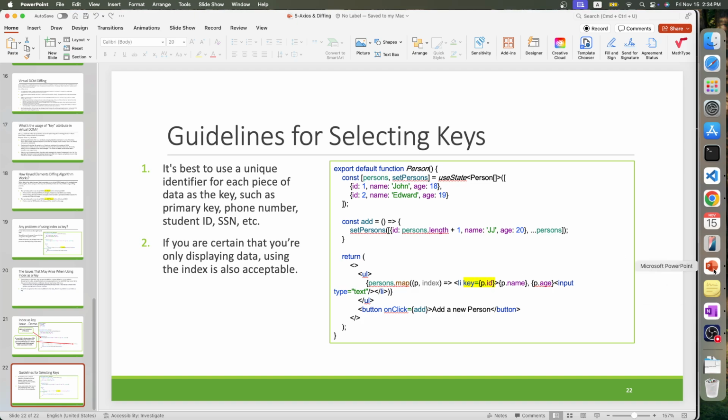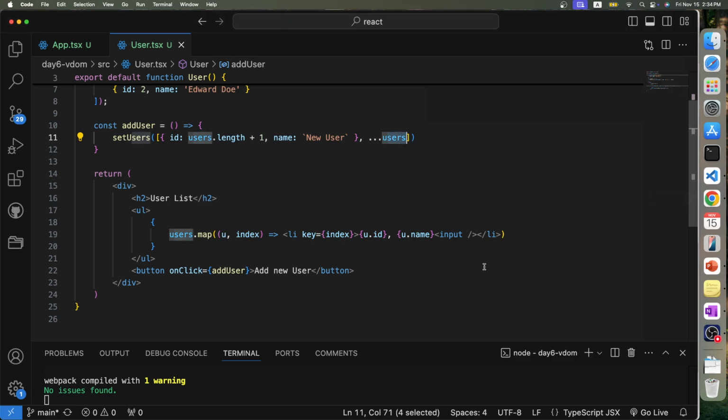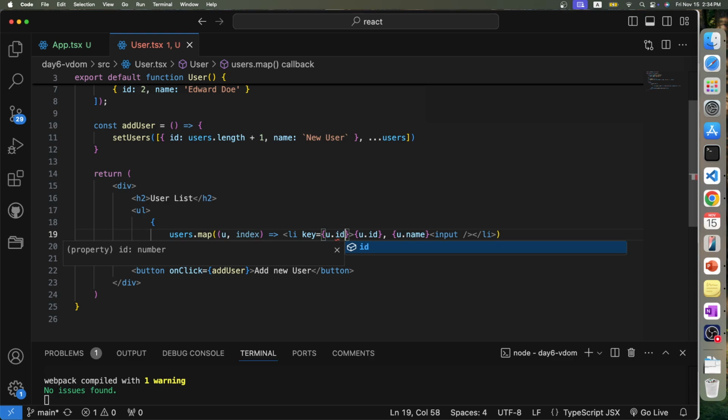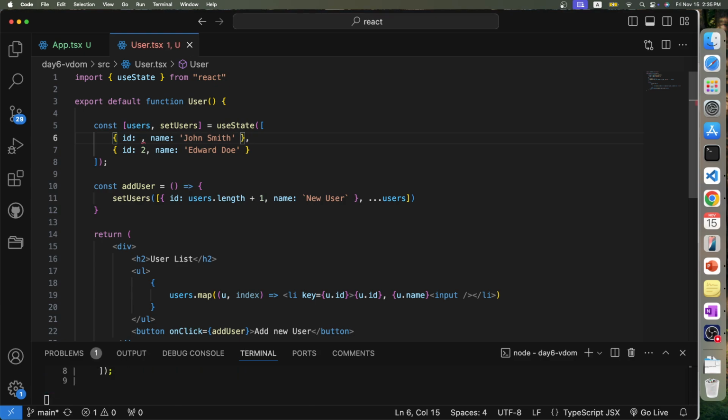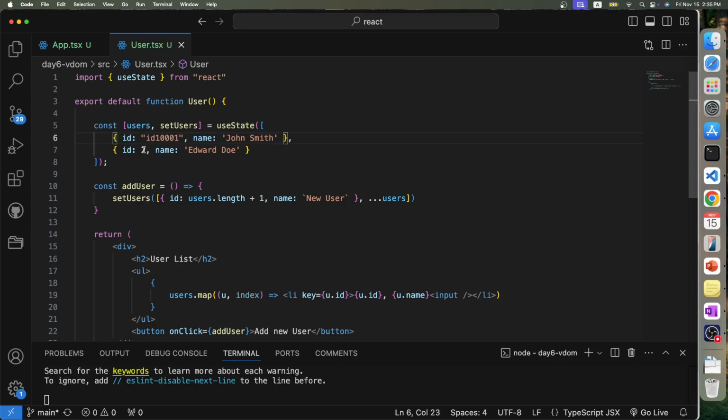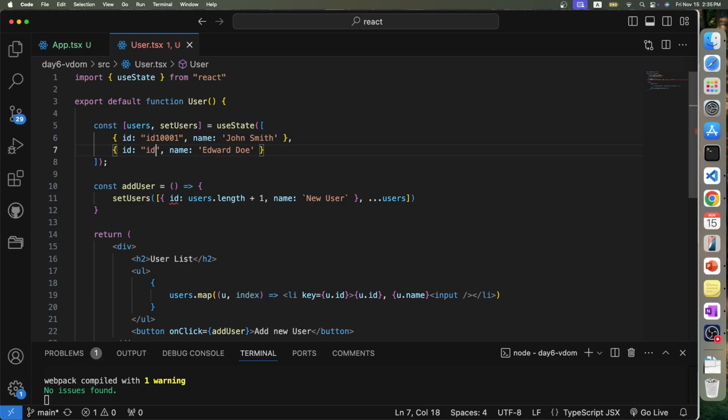To solve the problem, we do not use index. Instead, I'm going to use u.id. Suppose our u.id is the primary key. We can do this: not using 1, 2, 3, 4, but some unique values. I will say ID 101. I will say ID 102. Then here I'm going to use